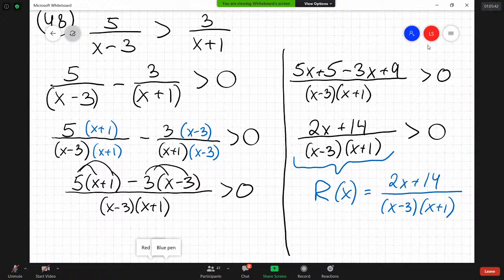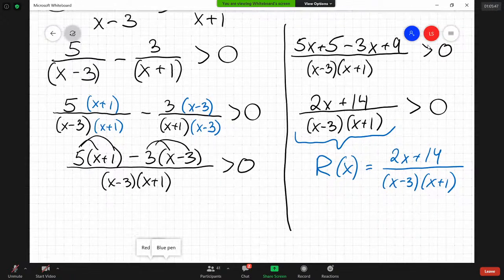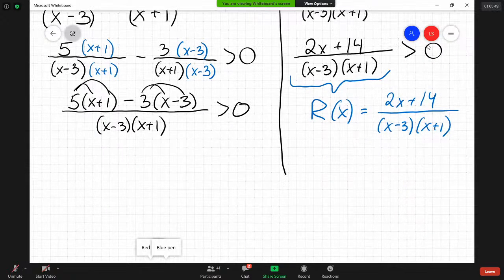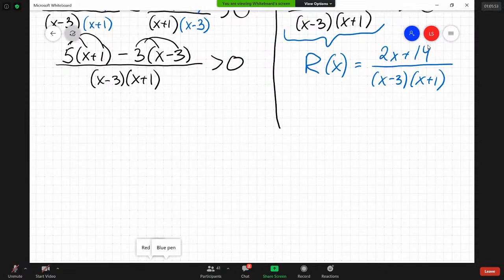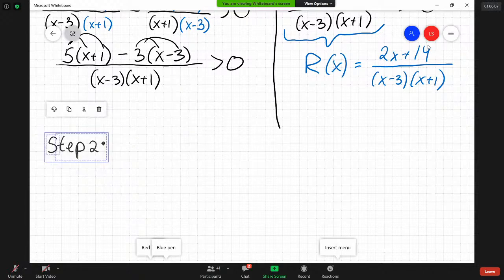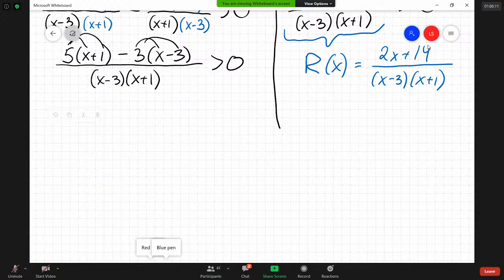So what we do now is we work with that version of the function. All that was simply step 1. Again, a lot of algebra for step 1. That's what makes this problem more difficult. Step 2 is to find X-intercepts, and not only that, but also to find the asymptotes. So for X-intercepts,